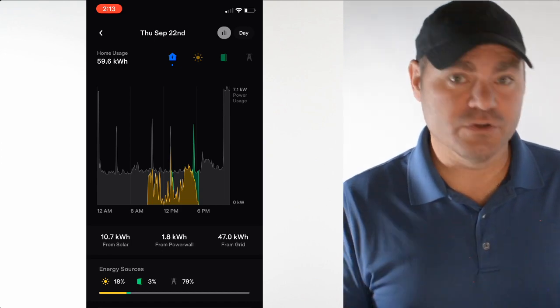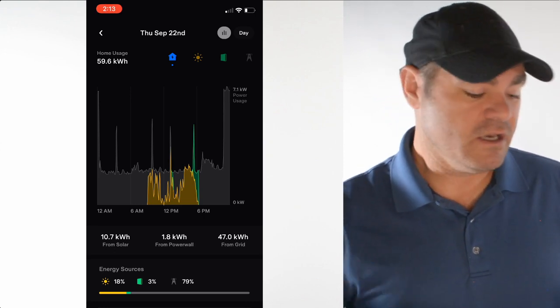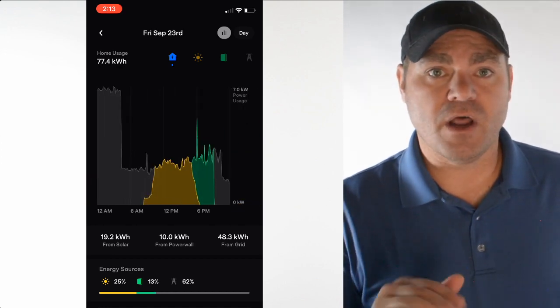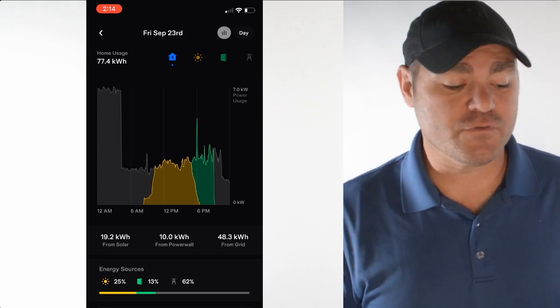But the real jolt comes when my wife gets home and plugs in the car. It's like a huge shelf of energy slapping the face of my wallet, right? Now, it's way cheaper than gas. I'm not complaining. But all of that detail was unavailable for Brian for the first weeks after PTO, which is